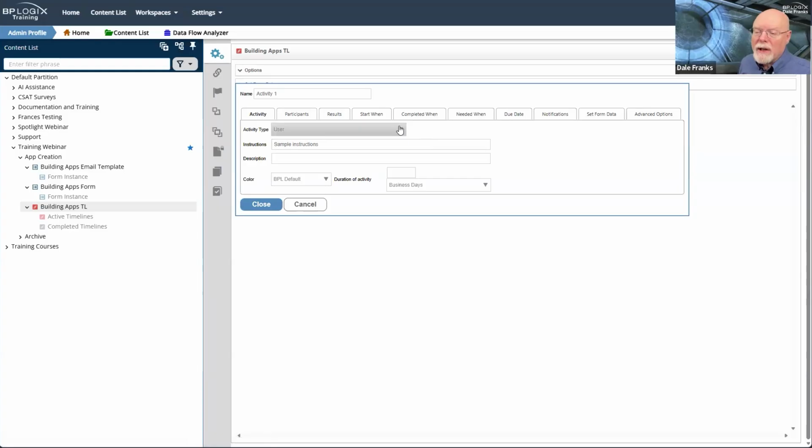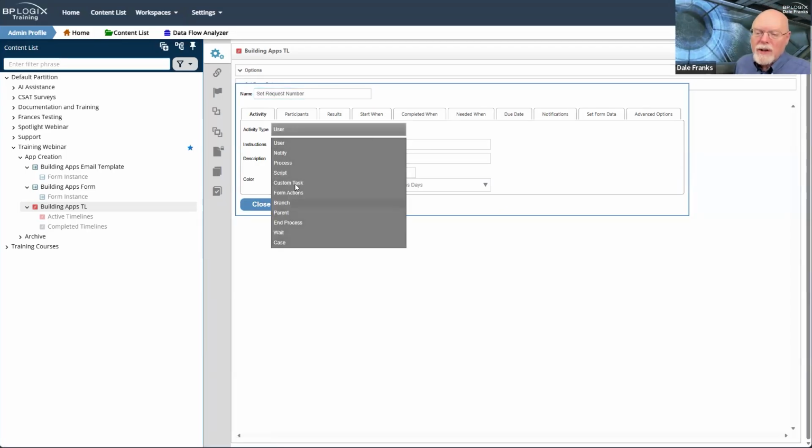We are going to take this activity 1, and we're going to change its name first thing. You always want to change the name of your activities. If you just create them in Process Director, it will give them the default names of activity 1, activity 2, activity 3, and so forth, which are unique and yet still uniquely unhelpful. So we're just going to call this activity set request number.